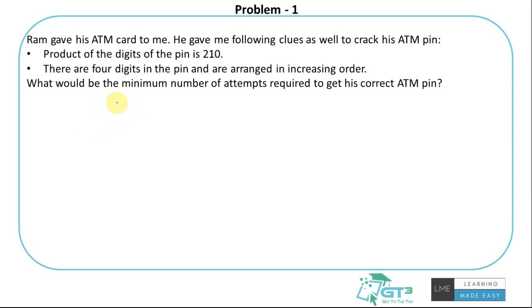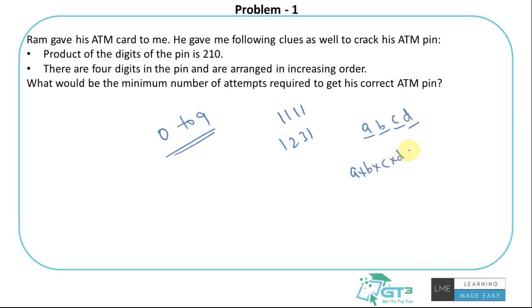Okay. So the digits will be basically 0 to 9, and it could be anything. It could be a pin like 1111 or 1231, etc. But the clues are saying the product of digits of the pin is 210. So whatever the 4 digits are, they'll multiply to give me 210. I don't know the individual values of A, B, C and D, but I know the product is